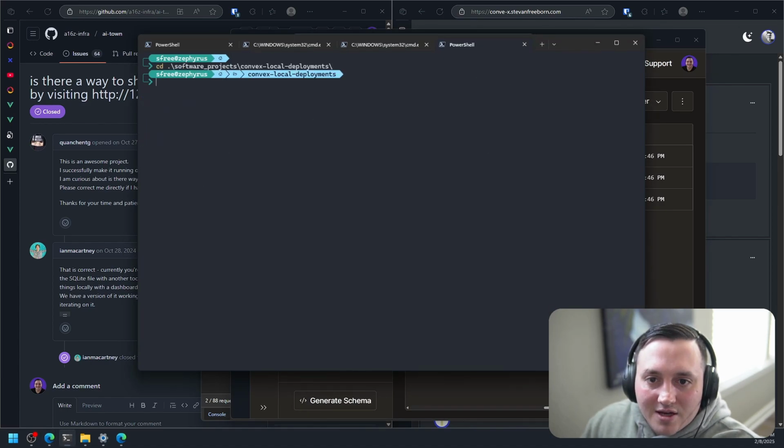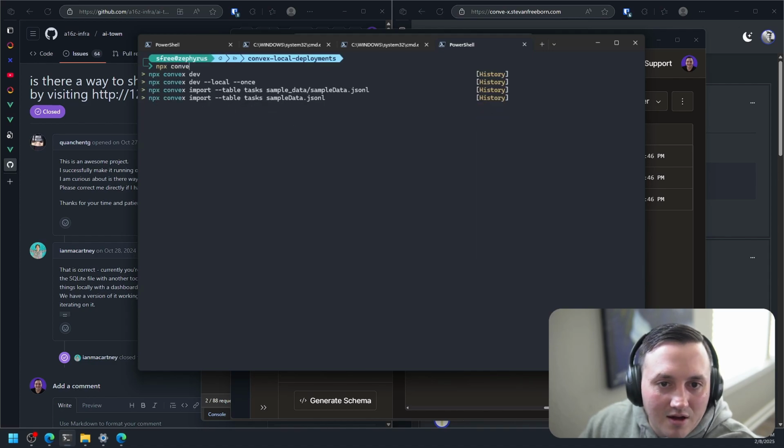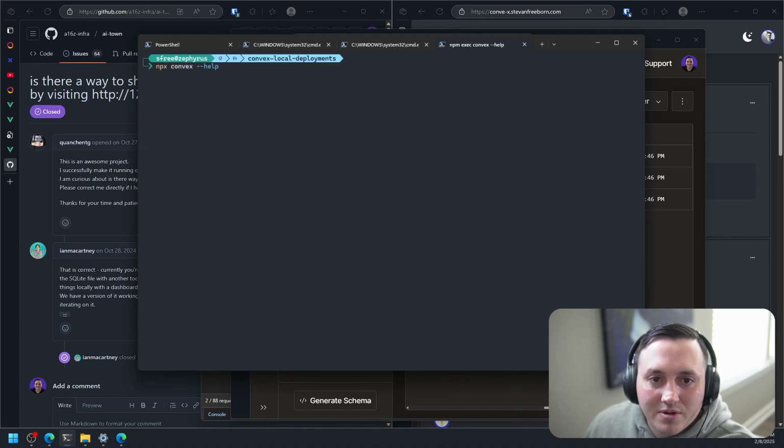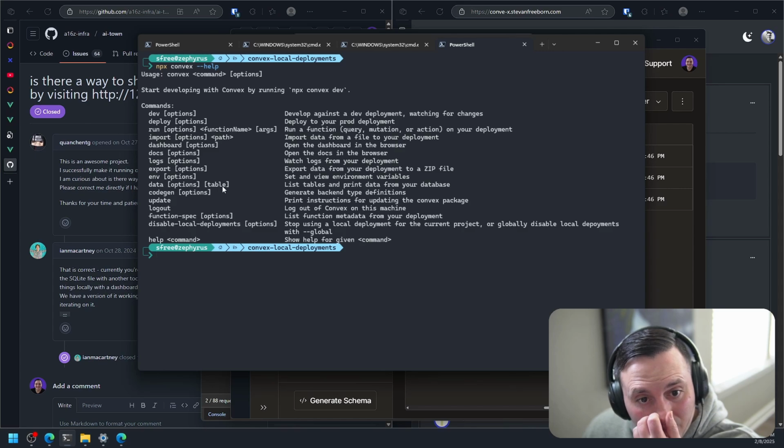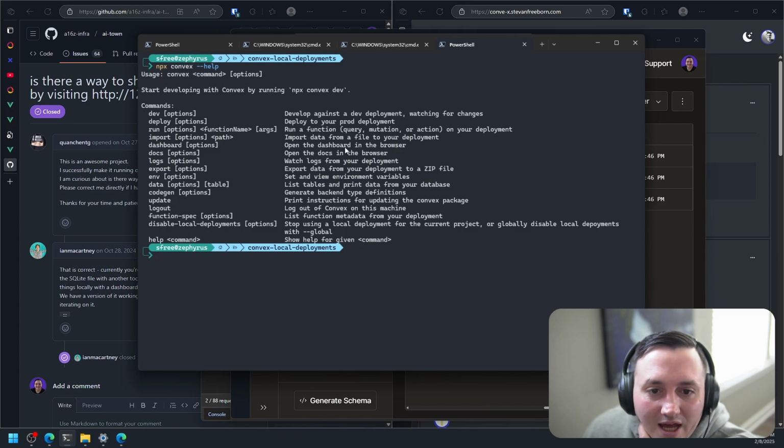Let's see, convex, and then let's type npx convex --help. Open the dashboard. No, I think if I try to do that, it won't work.